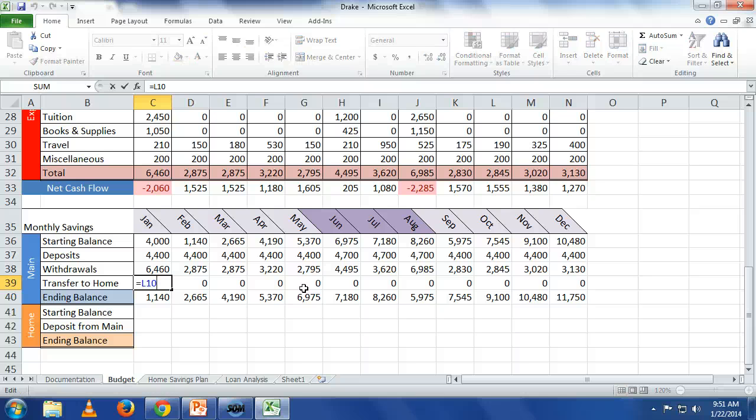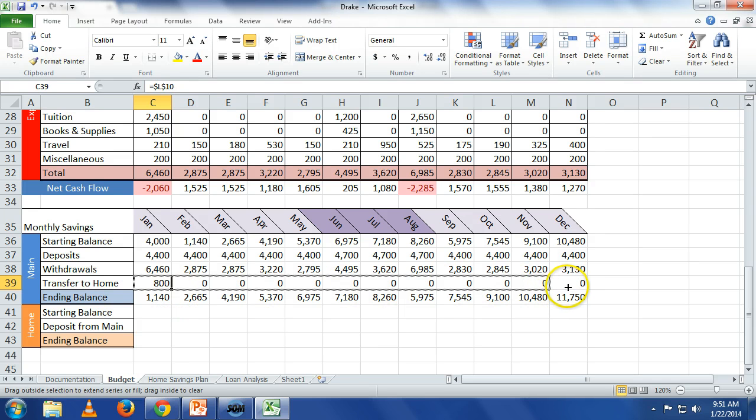Make it what? Make it absolute. Okay, now we're not going to have time to do this, but if I transfer $800 a month, we can